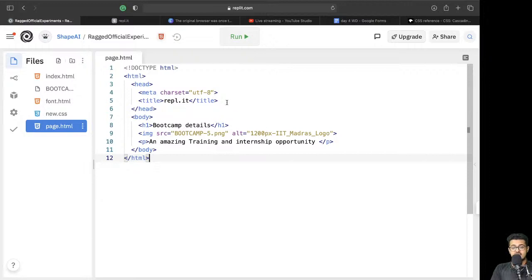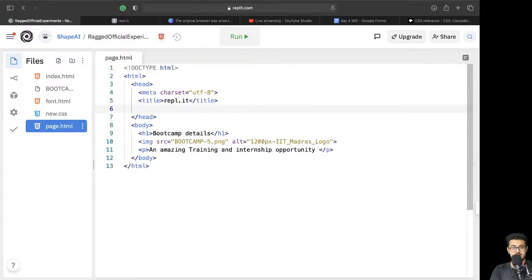How to link a style sheet? You need to link it in the head portion itself, where the metadata is contained. Okay, so you need to have a link element. In this link, you need to specify the location at which your CSS file is present. So you will have an href attribute. In the href you will specify where you have kept the CSS. It is in the same folder as page.html, so you just specify the name of that particular file,